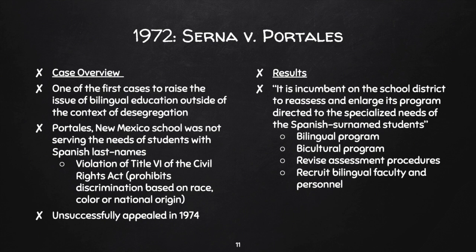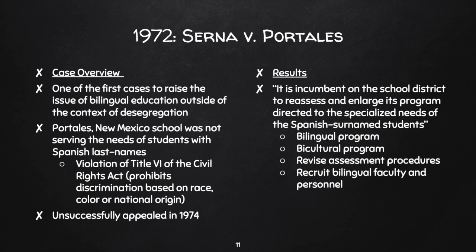And this really was progressive for this time, because this is something that we're focusing on even now: understanding how to serve your students, how to understand your students for where they are and what they need right now, versus what you think they need, or versus what you think may be best for them. You need to understand the specialized needs of your students and meet them where they are in order to be